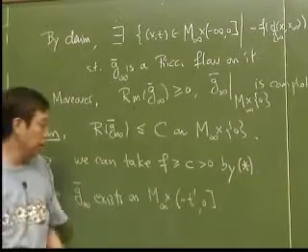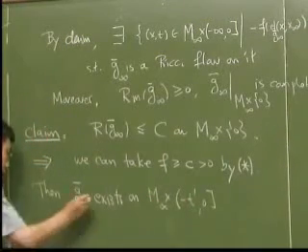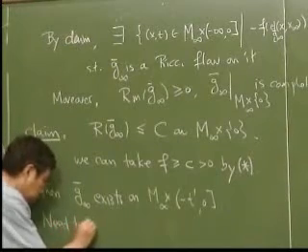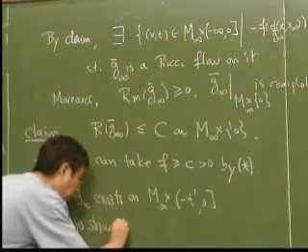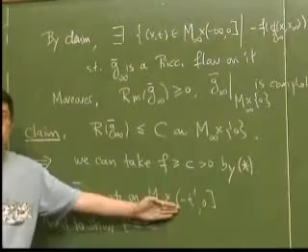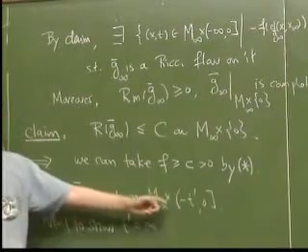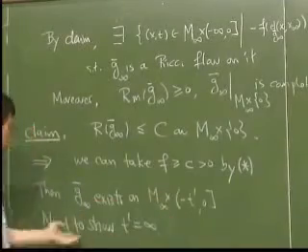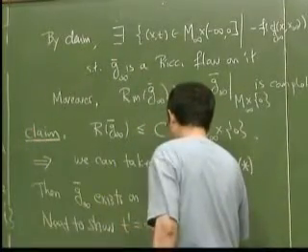So the only thing I need next is to show this. But this is a sequence of g_k bar, because the g_k bar are close to an ancient solution. If this is true,